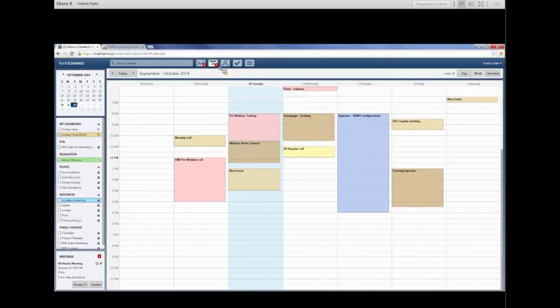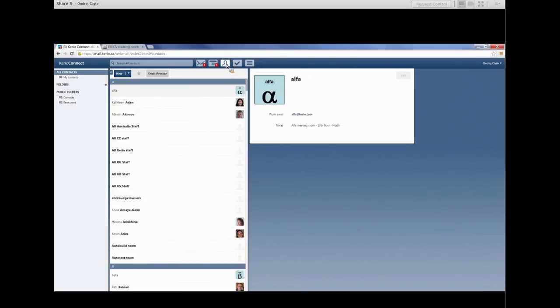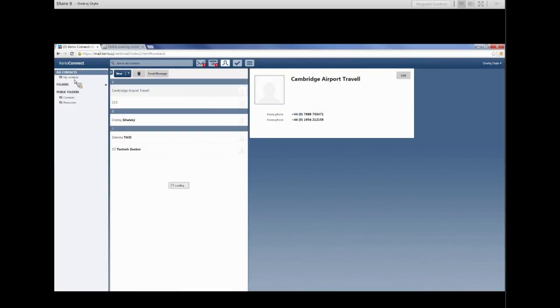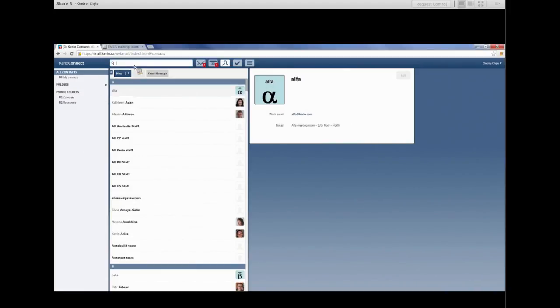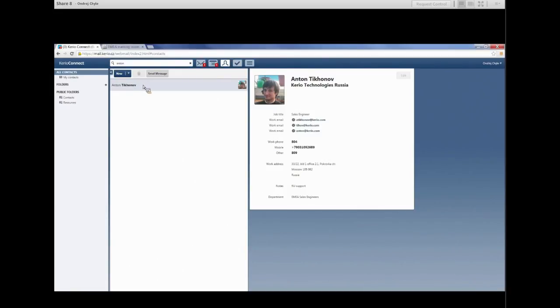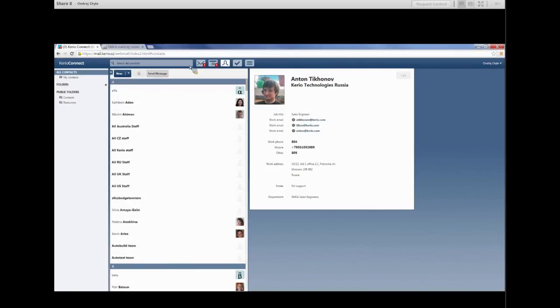Then the next section is contacts, where you have access to public contacts. Also, there are some personal contacts. You can use full text search here. This is the same as in inbox. So full text search is very useful in inbox, even in contacts, and so on. The next section is